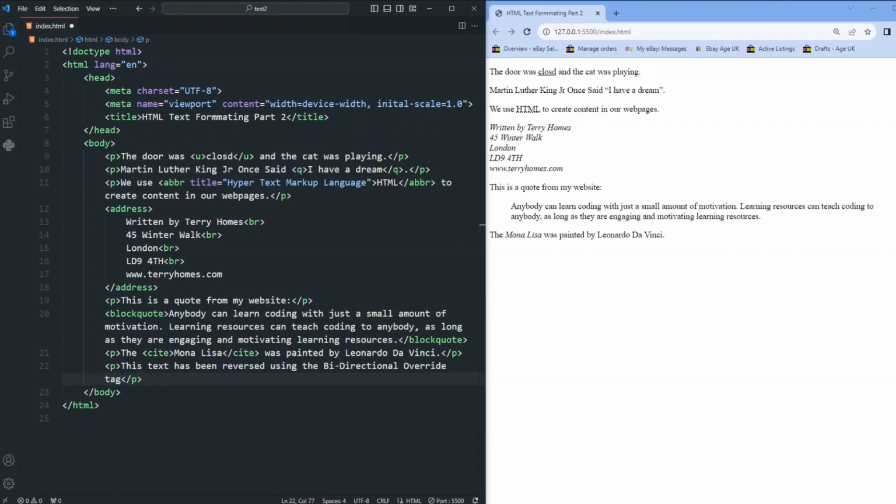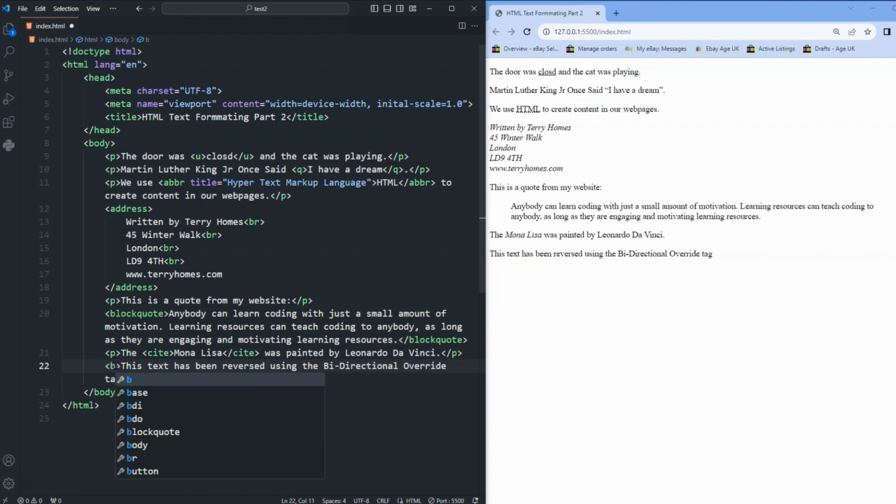If I put that in for now, it will just display straightforward, but hasn't been reversed obviously yet. So if I change this p tag